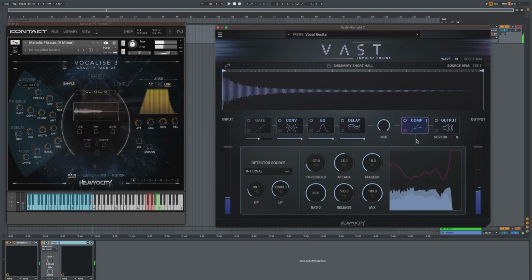Although I wonder if I would just put this compressor, you almost make it a limiter, I'm sure. With the ratio we have, it's